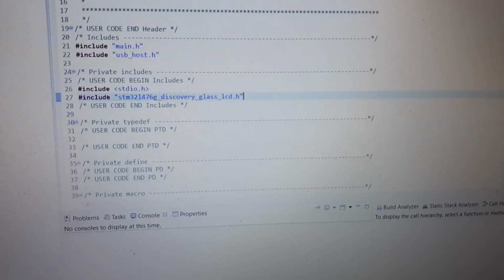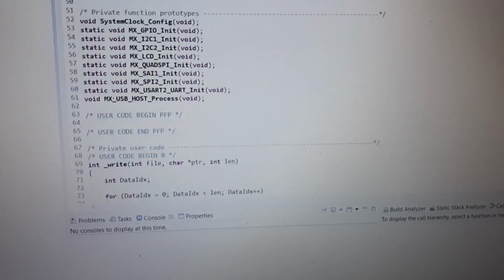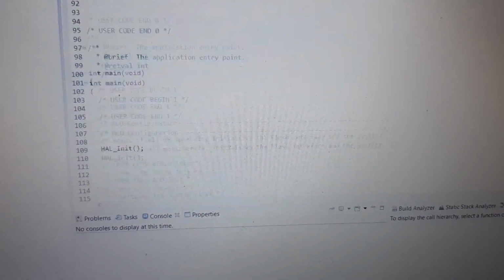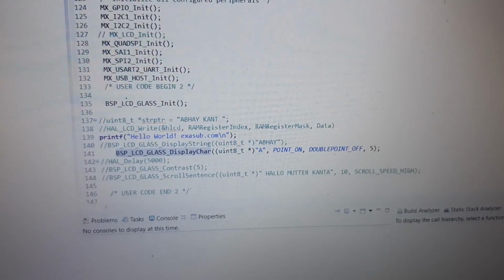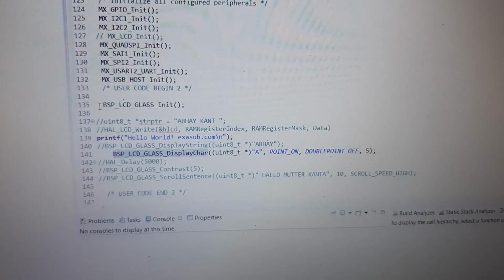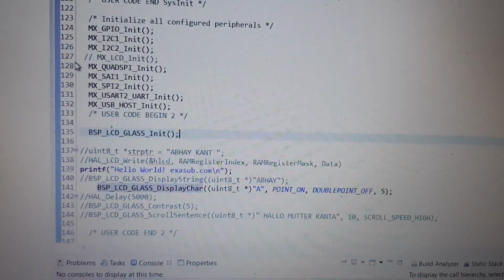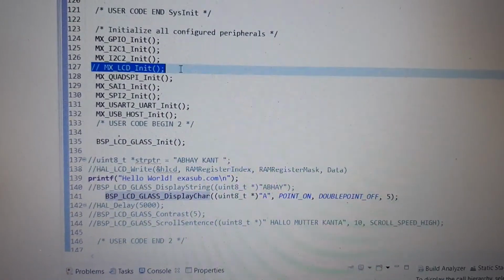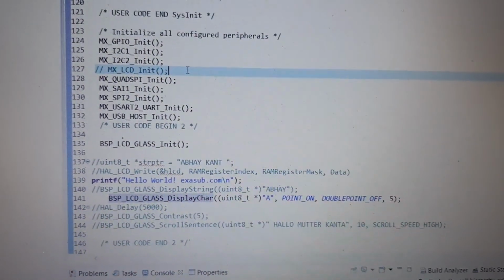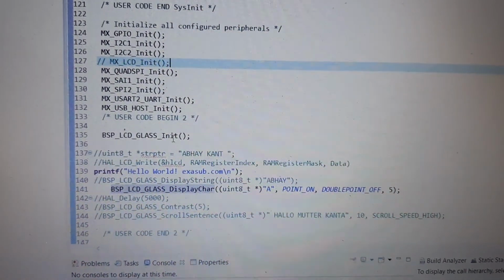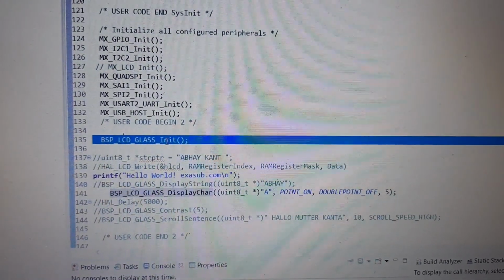When you have included this, you need to go down, and in your main function include this BSP glass initializing function. After you have included this, you can comment out the initialization done by CubeMX. So you either use that or this BSP LCD glass initialization.